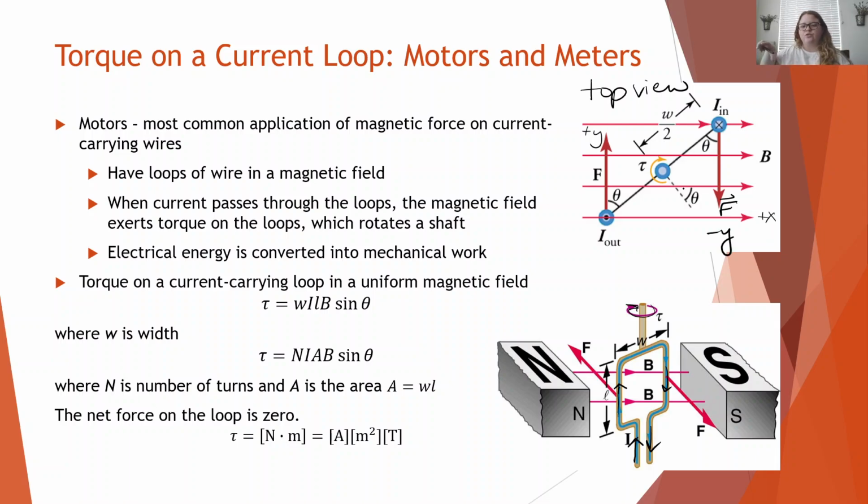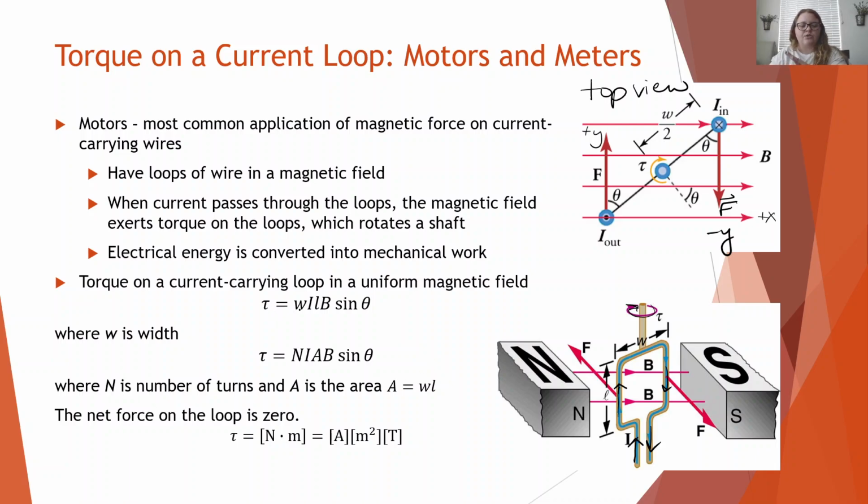With those two forces, we start to create a torque. With this torque, we can give a direction to it. It's kind of like if you spin something. It's the same exact idea, but this is now with magnetism. So this will create a torque. The torque on a current carrying loop, which we have here, in a uniform magnetic field, which is what we have flowing through the loop,